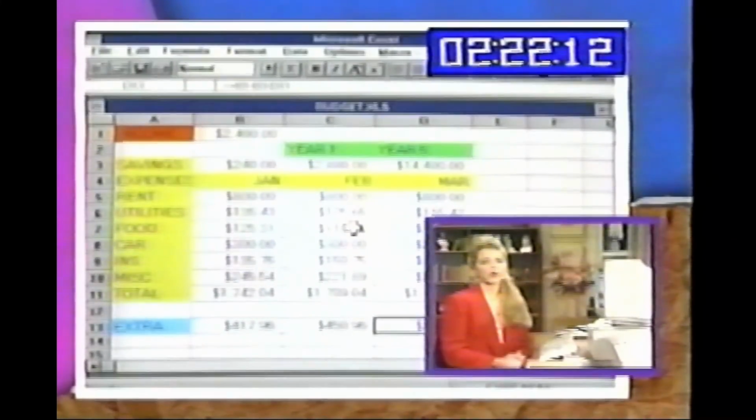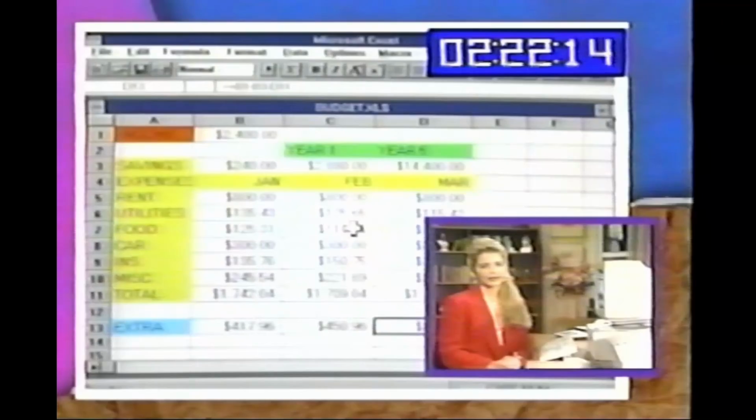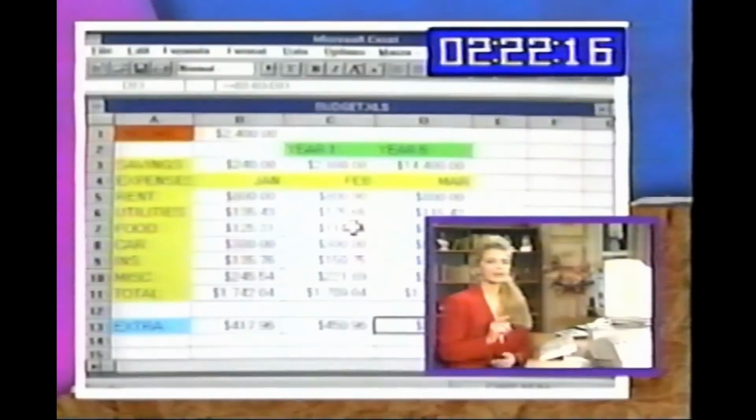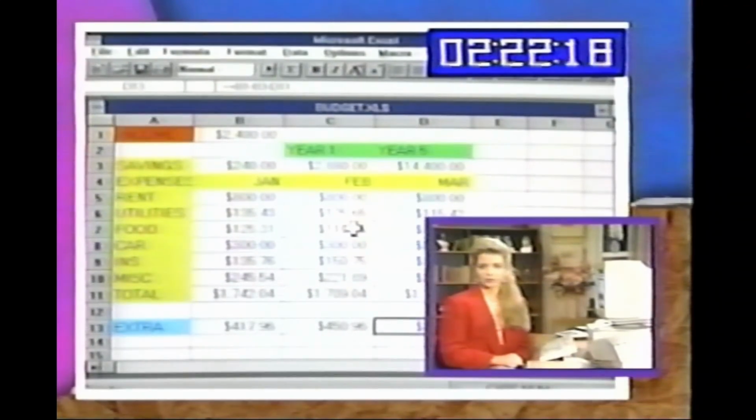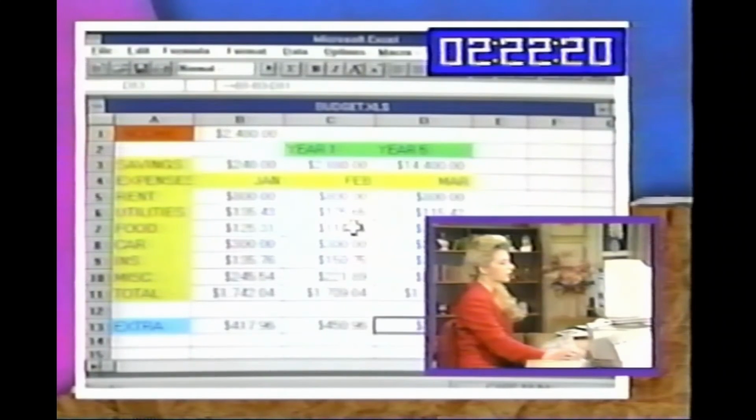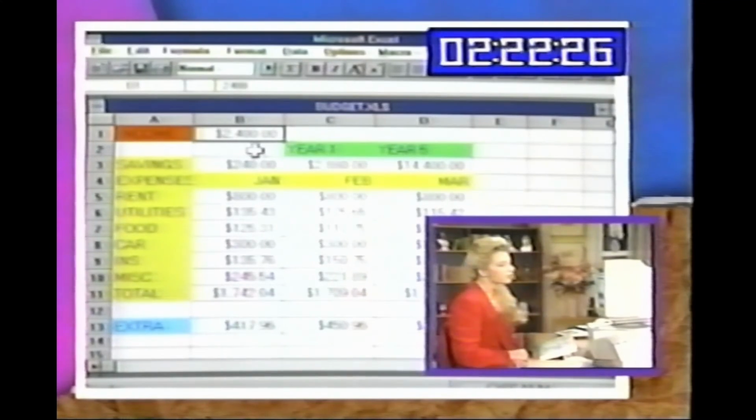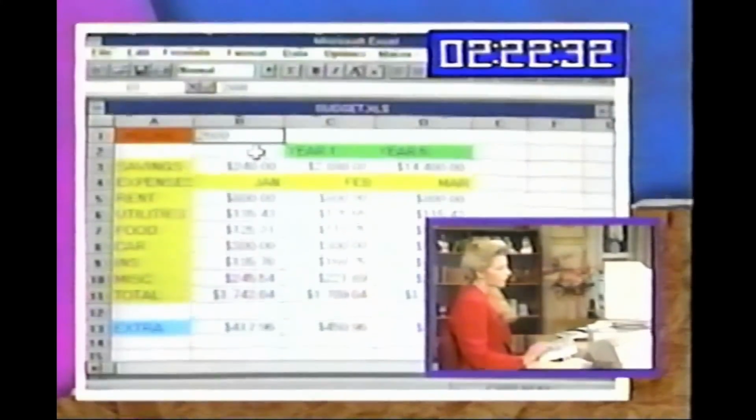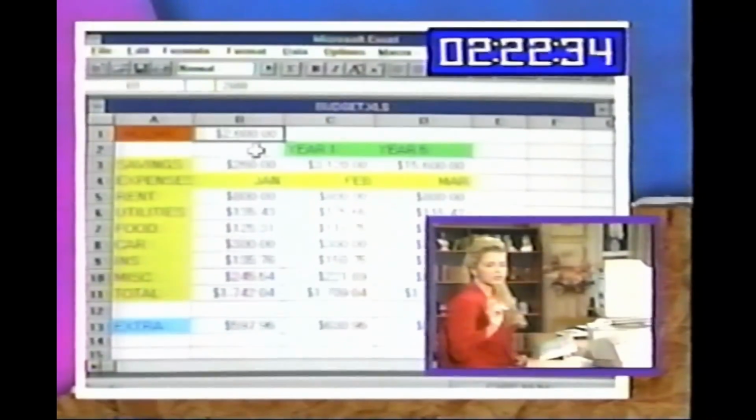What if I made more money? What if I saved more money? So let's say, what if I made just $200 more a month? Well, what we do is we go up to income, and so we're going to change the amount, the $2,400 to $2,600. All I have to do is type in 2,600, press enter,